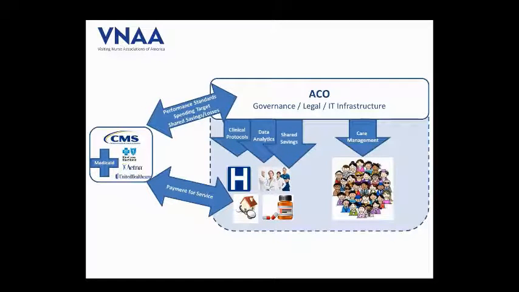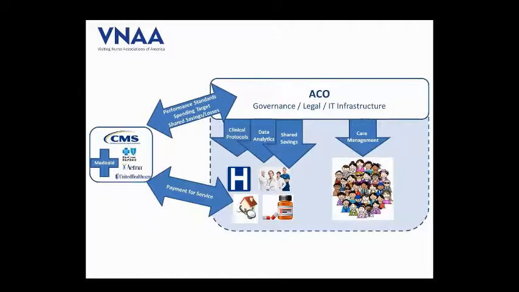Similarly, the providers maintain a direct payment relationship with the payers. So, for instance, the Medicare program would continue to pay the hospitals and the physicians and the home health agencies and others their traditional or standard payment. In many cases, that would be a fee-for-service payment that those providers receive. And again, this is one area where the ACOs and managed care, for instance, are different. The ACO does not receive a capitated payment and then make payment for services to those providers. Those providers retain a payment contract and relationship directly with the payer.